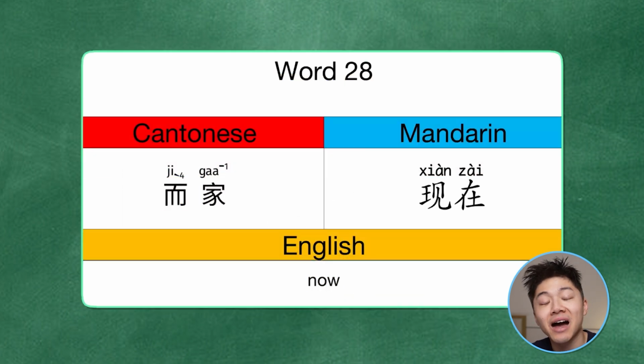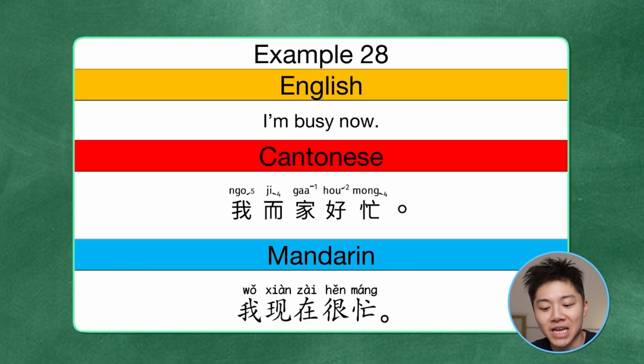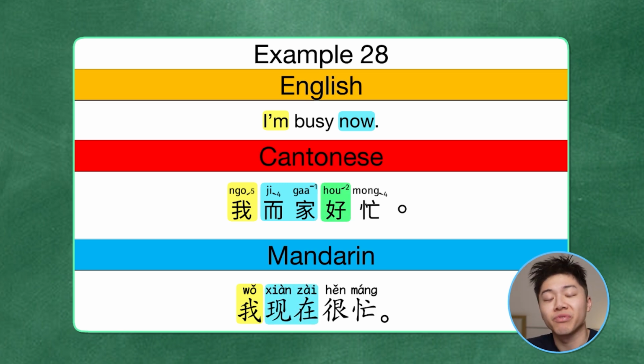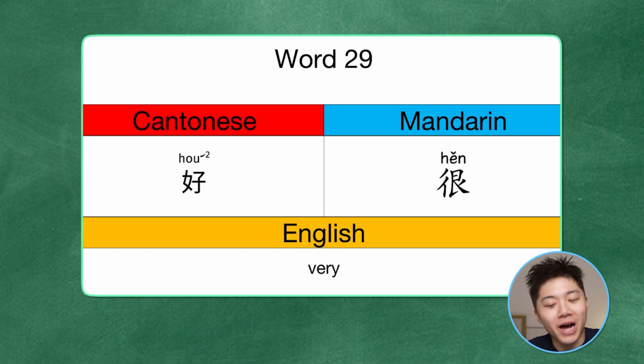Next is now. In Cantonese, 而家。In Mandarin, 現在。 So for example, I'm busy now. In Cantonese, 我而家好忙。In Mandarin, 我现在很忙。 So let's break this down. 我 means I in Mandarin, 我。而家 means right now in Mandarin, 现在。好 means very in Mandarin 很 and 忙 means busy. 我而家好忙,我现在很忙。